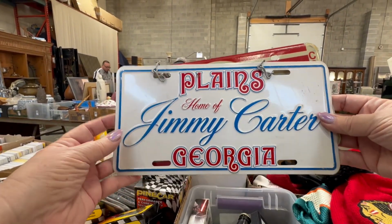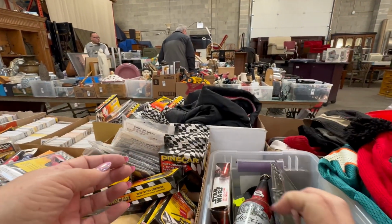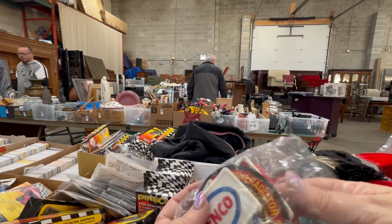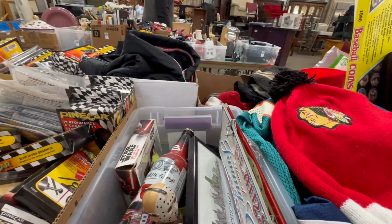They have a Jimmy Carter license plate USA 200. They had just odds and ends in this box. I totally forgot about it. A lot of times in auctions, you get caught up with